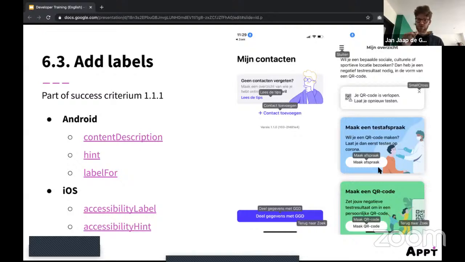And then one of the biggest frustrations from people that are blind, because they use the screen reader, which we showed earlier in this webinar. You need to add labels to all images in your app. So for example, on the right side, you can see there's a button, which has like a cross. You can see that it's named small cross.